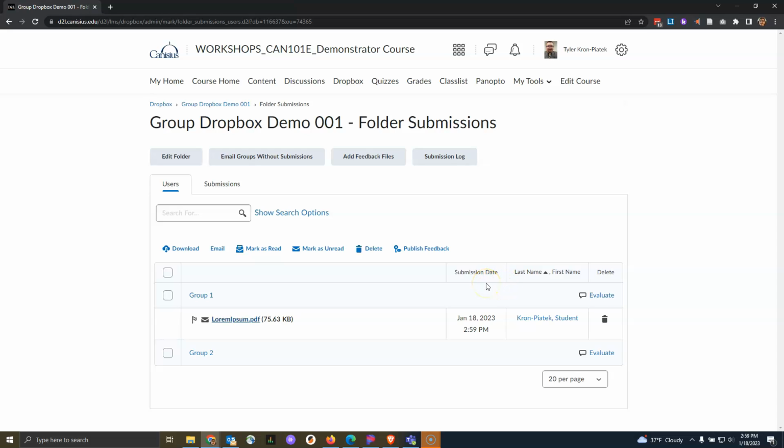We can see that the submissions are broken down into the groups in the category we chose rather than by student. So our demo group had Group 1 and Group 2. Group 2 hasn't submitted anything yet, but we can see that under Group 1 we have a document called loremipsum.pdf and the date and time it was submitted and the student who submitted it. Clicking on the submission title will allow us to view the submission